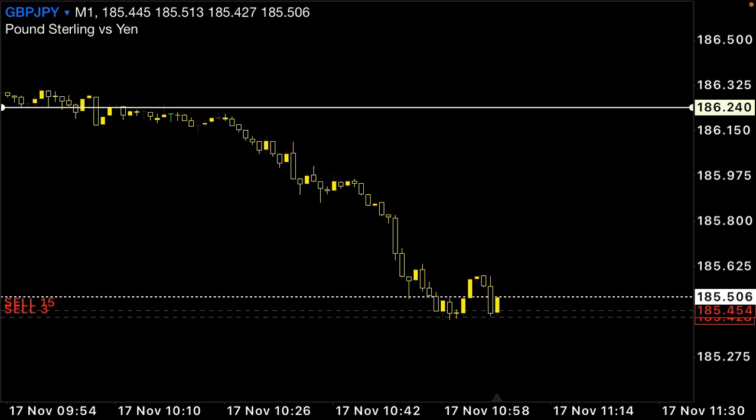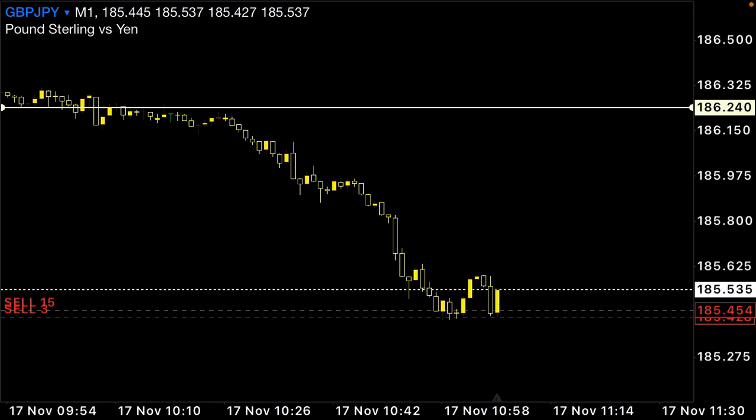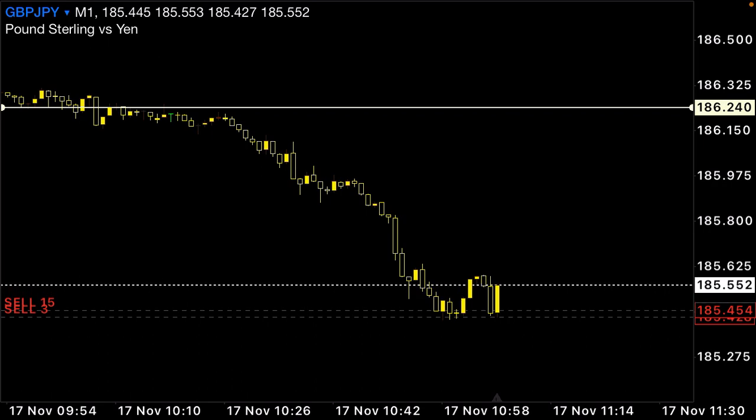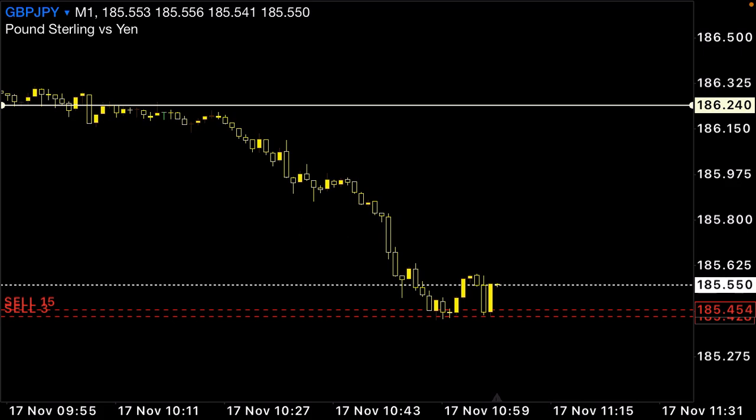So most of the time, when a trade is put on here, it always ends up going against the trade. It'll go the opposite direction. That's happened time and time and time again. 90% of the time, every time a trade is put on, it'll go the opposite direction. But